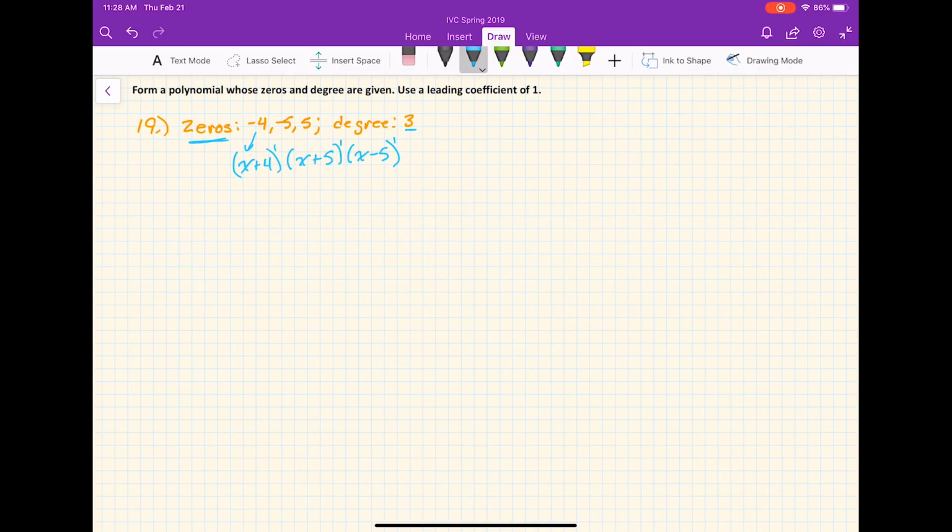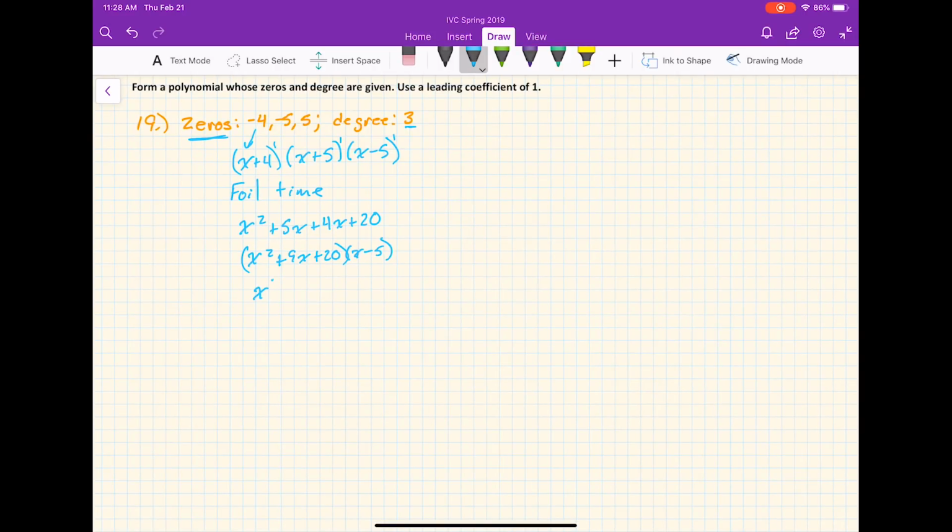So that's done as far as that part is concerned. Our teacher will just accept that as the answer, but if you're doing calculus or something, they'll make you FOIL this out. So I'm just going to show you the FOIL method. I mean, we all know the FOIL method, but I'll FOIL this out so we get the final answer, which is actually the answer that was given to us in our answer key when we were given this practice exam. So this first part FOILs out to this,